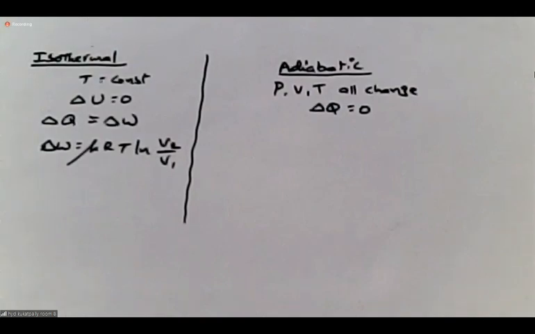Okay, sir, accepted. If delta Q is 0, that means I am not allowed to either add or remove heat from the system. I do agree. Then how can I change the state of the gas, sir? I got this doubt because you never ask. I am asking on behalf of you. How can you change the state of the gas without adding or removing heat? Is there any way? Work.